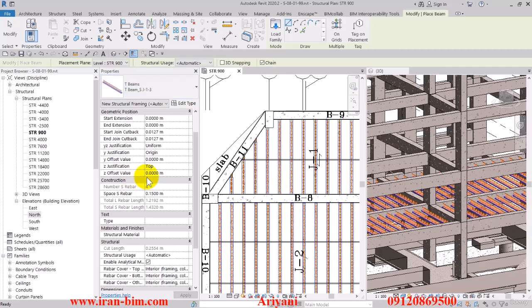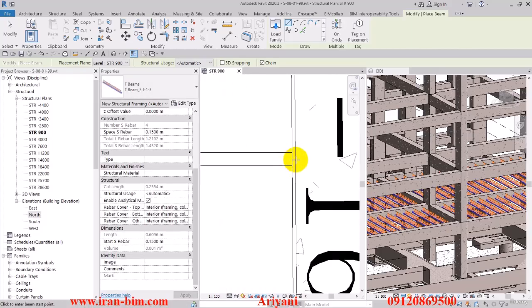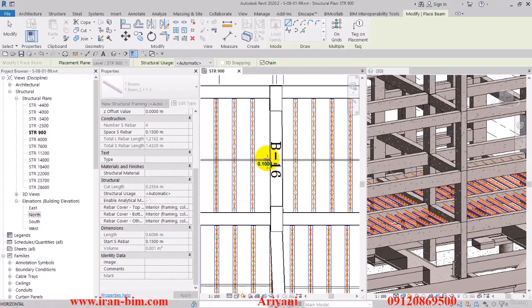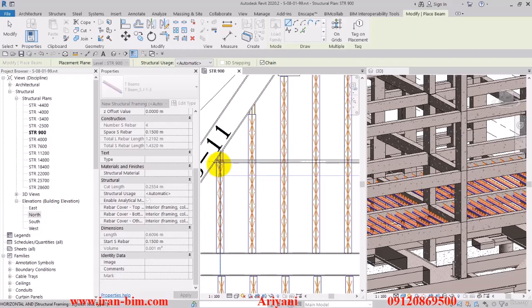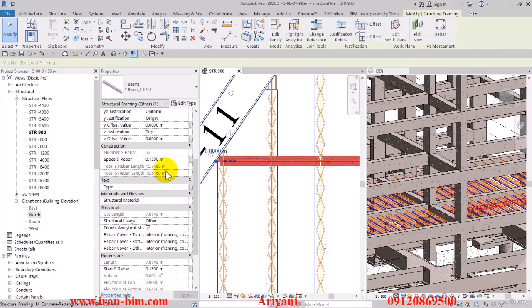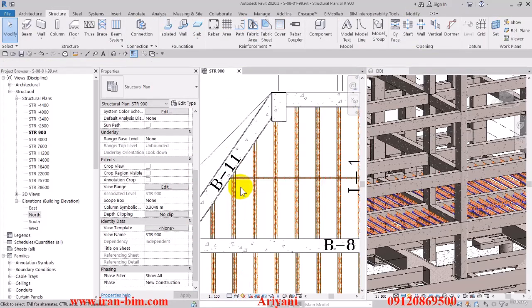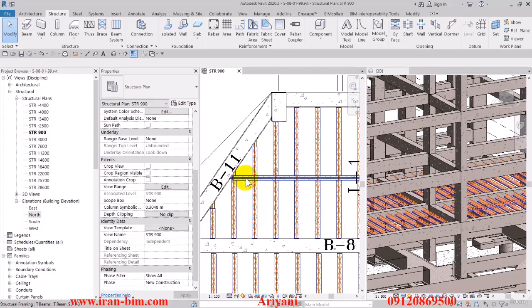And here it is. And then after that, I'll go to the plan and then draw the beam from here all the way up to here. All right, then I'll select it, and here for the structural usage, I'll select joist as well. Let me just put this on coarse. So just remember that later on you can control the visibility settings on these, even though we haven't done that